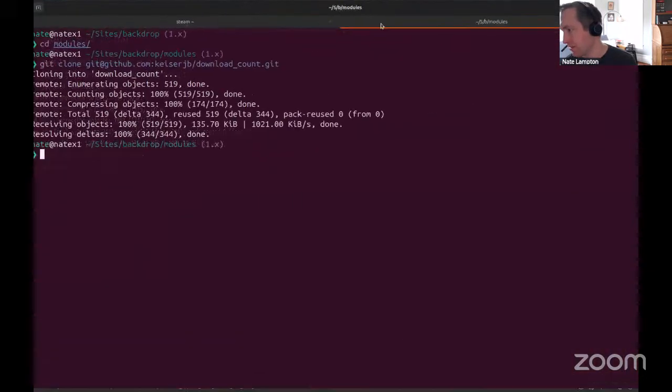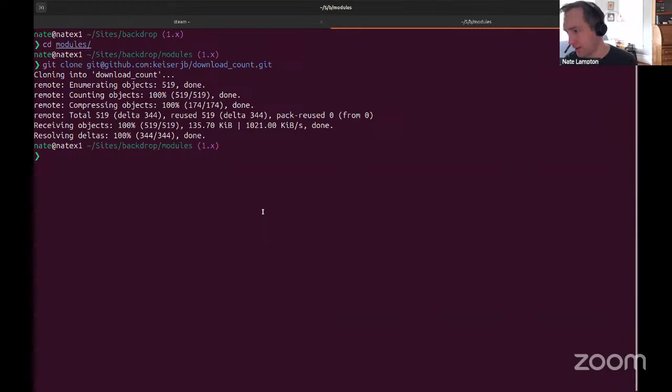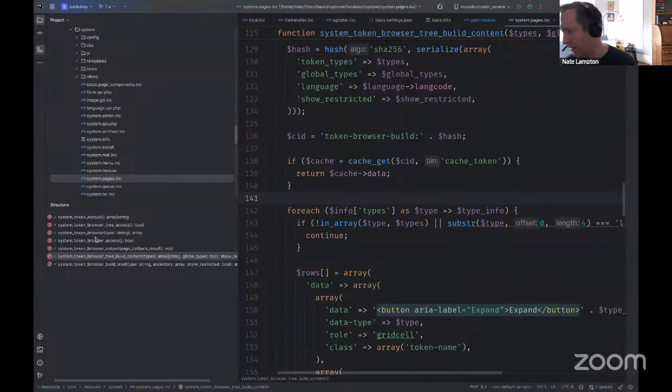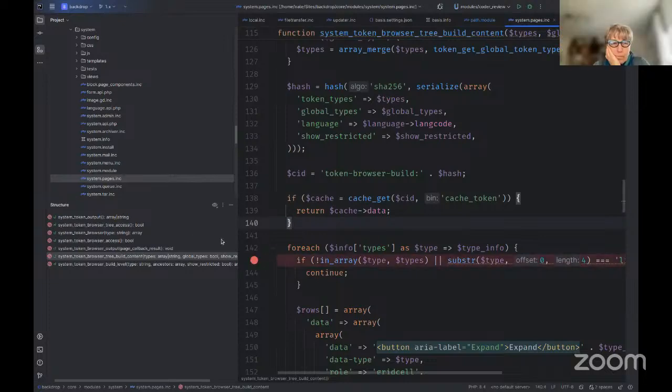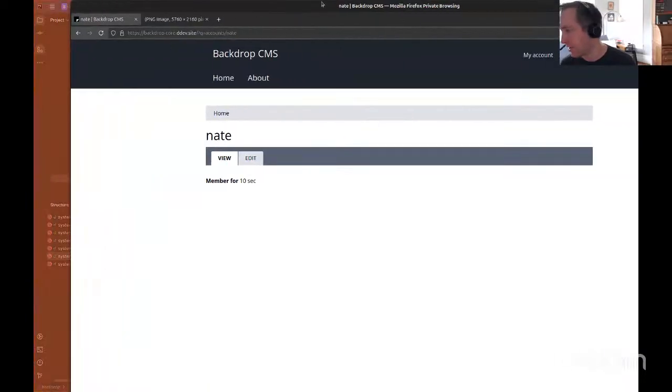And this might be unfair, but I do think that it's worthwhile setting up, especially if you're already using DDEV or Lando. You can turn it on super simply. DDEV Xdebug on turns on Xdebug, and then on the line where you're not quite sure what's happening inside of VS Code or PHPStorm, you click next to the line number, it puts a little red dot. And then when I go to load that page,